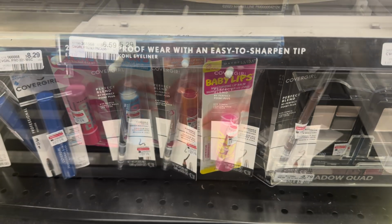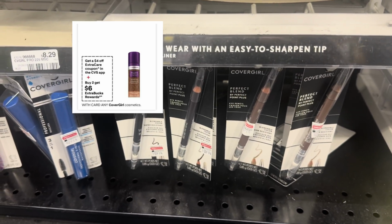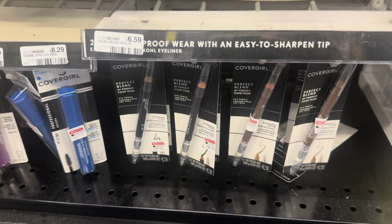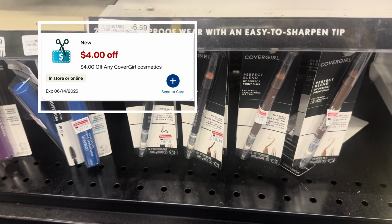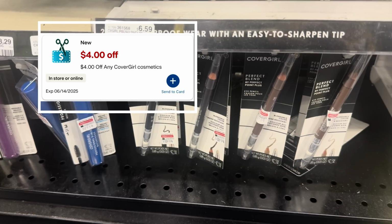or $1.29 each. We have CoverGirl on the deal of buy 2 get 6 back. Pick up 2 CoverGirl Perfect Blend pencils, priced at $6.59 each, and these 2 will total $13.18. We have a $4 CRT that will drop it down to $9.18, and you get 6 back, making them $3.18